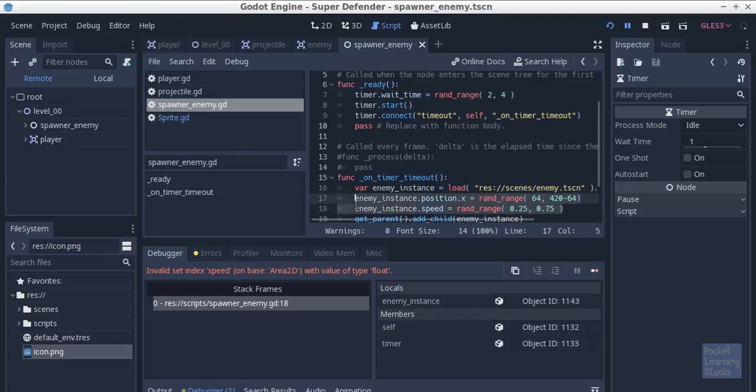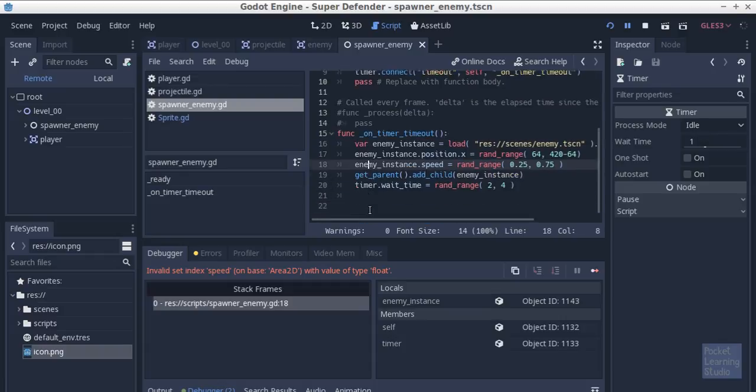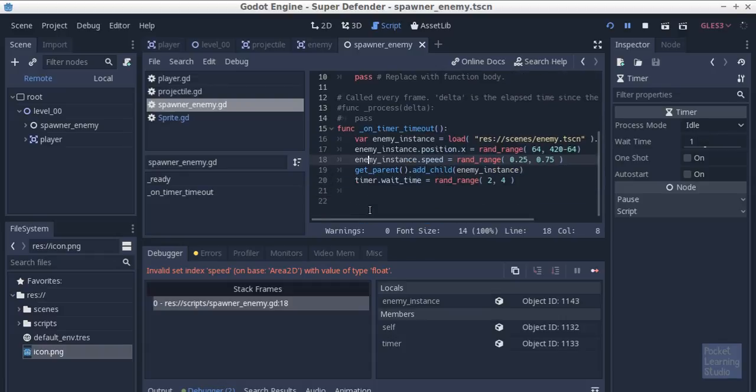What I suspect is happening is that it's being instanced before it's actually loaded into the scene tree, which is going to make life very difficult. Okay, so there are a few ways to get around that,